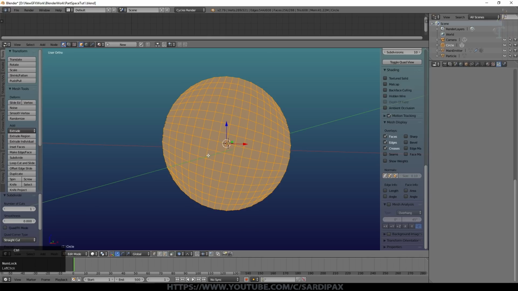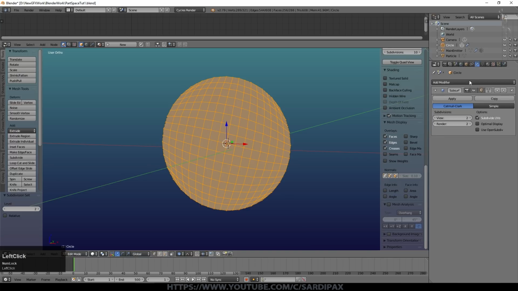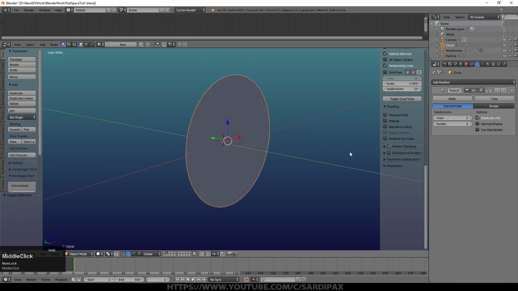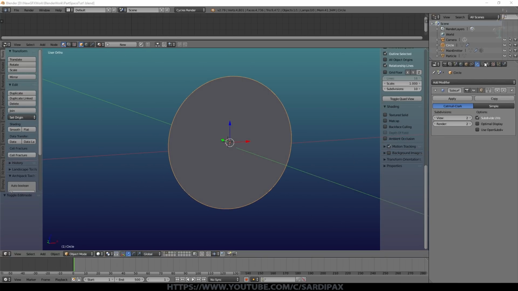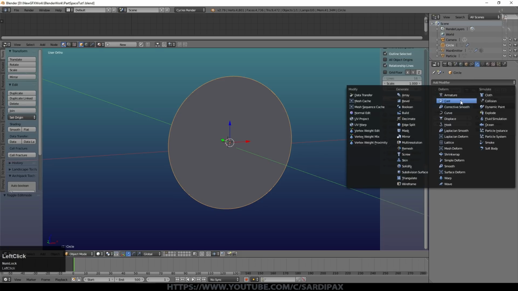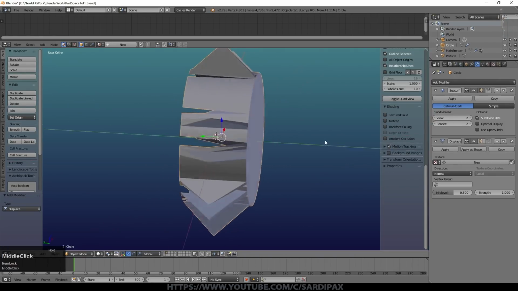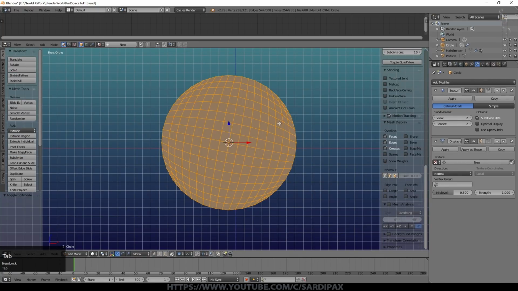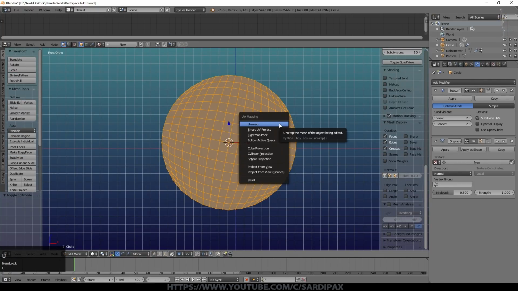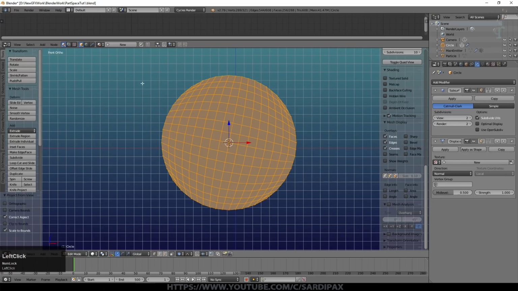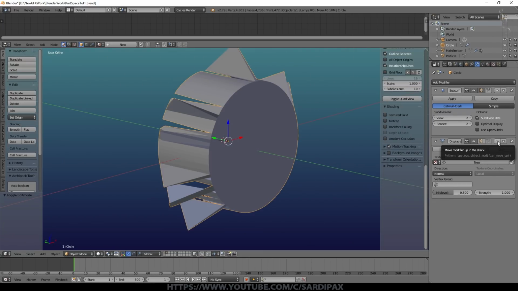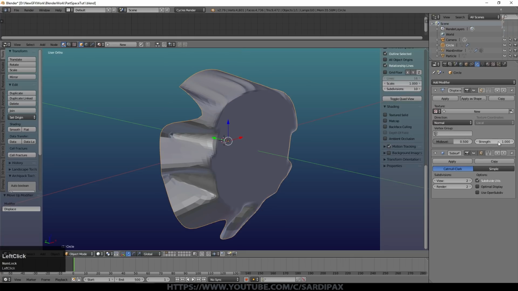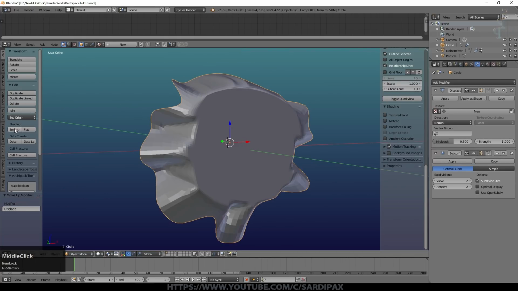And I'm also going to press Ctrl 2 to add a subdivision surface to it, and there it is. So that's a nice smooth plane right now. And we're going to add another modifier called a displace modifier. And you can see that looks pretty strange at the moment. But if we look straight on, with it all selected, I'm just going to press U and project from view bound. So we've UV unwrapped that. I'm going to push the displace modifier above the subdivision surface, and I'm going to set it to smooth shading.